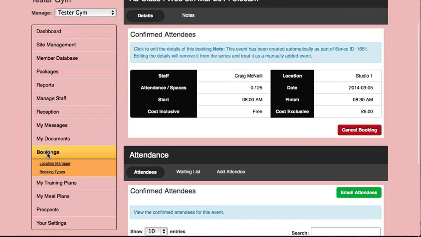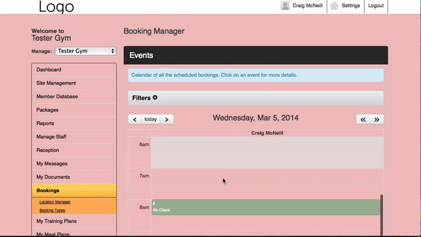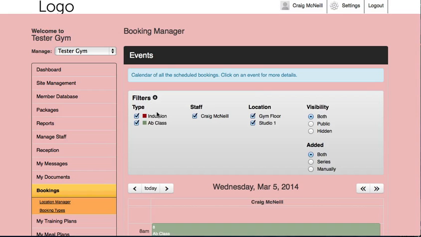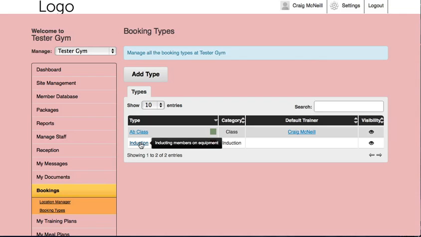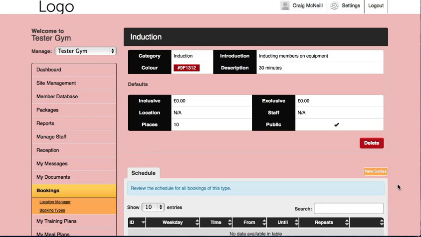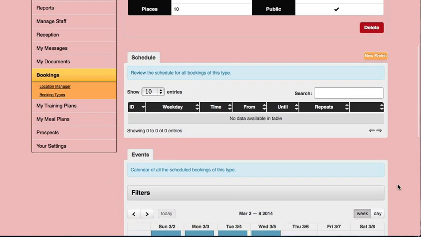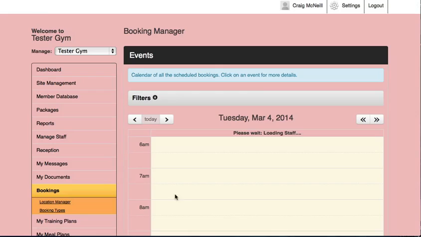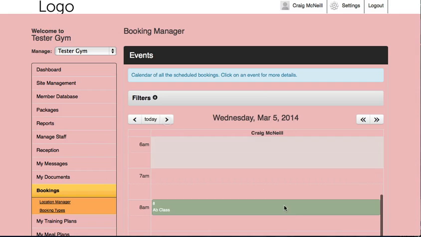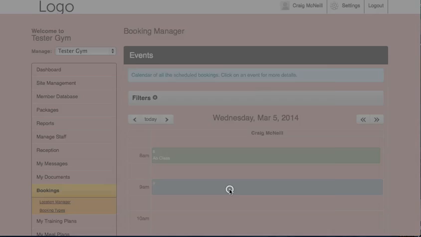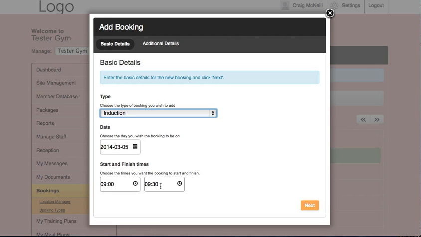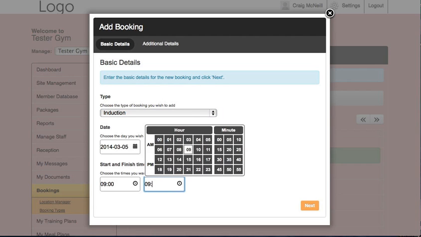Okay, so we repeat that action for all the bookings appropriate to the timetable, and we can add inductions in too. So if we go to booking types, we can go to induction. If I didn't want to put in a series in, what I'd do, I'd go to my diary, find out the time I want to have an induction, click on the diary, and this will just be an individual booking, no series